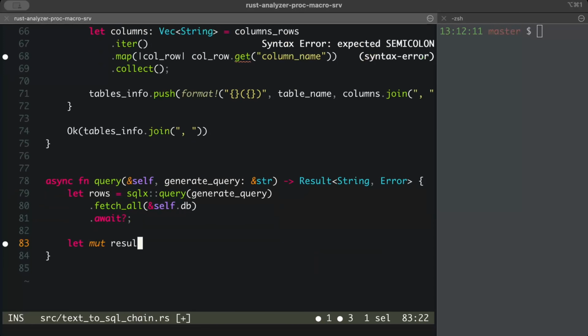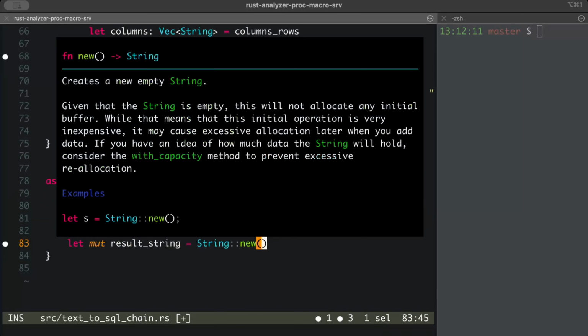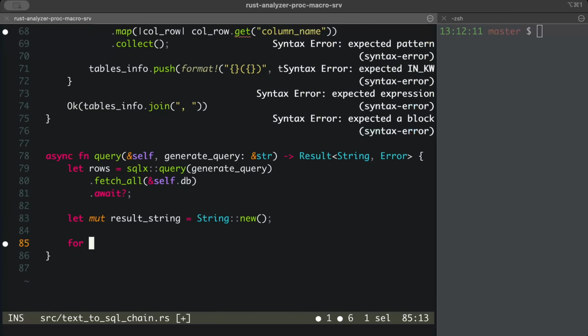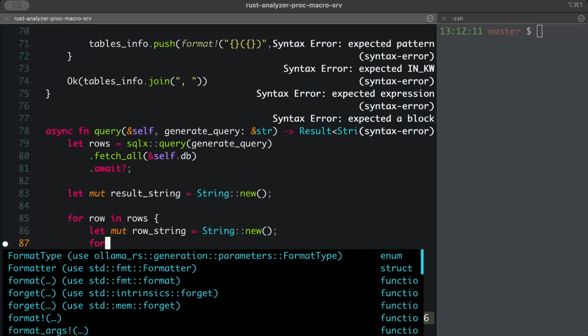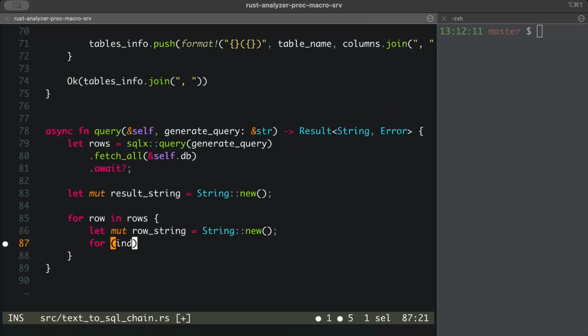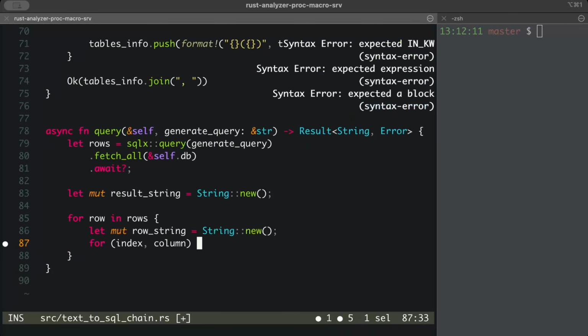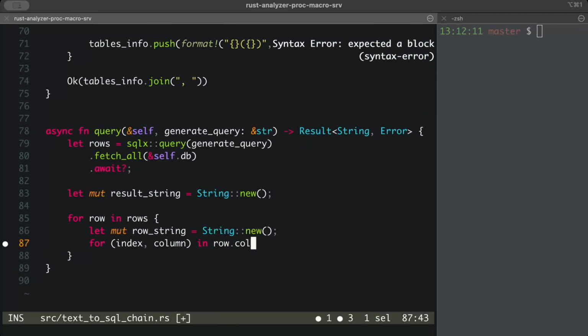Let mutable result string new. So for row in rows, let mutable row string new, and for index comma column in row dot columns, iter enumerate,